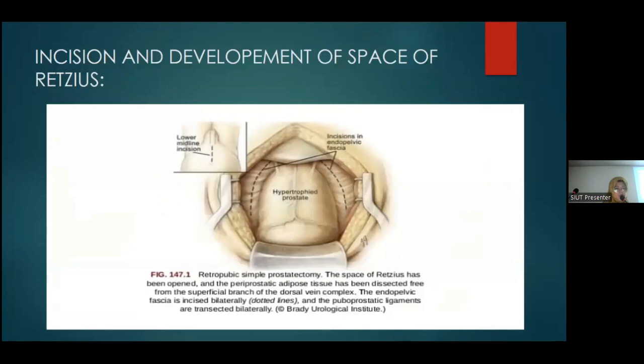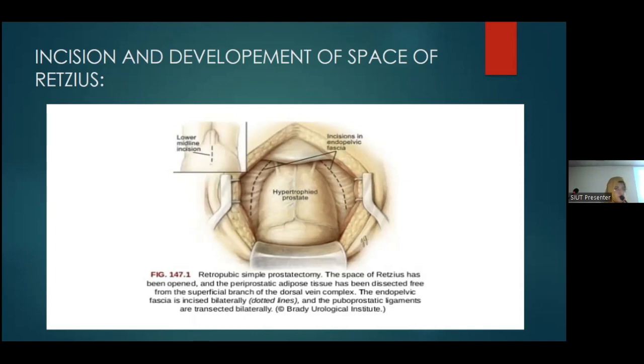incision and development of the space of Retzius. The incision is a vertical midline incision extending from the umbilicus to the pubic symphysis, and then the abdomen is opened in layers. The incision is deepened through the rectus fascia superiorly above the semilunaris and below to the transversalis fascia. The retractor, that is the Balfour retractor, is placed within the wound, and it is further opened to widen the